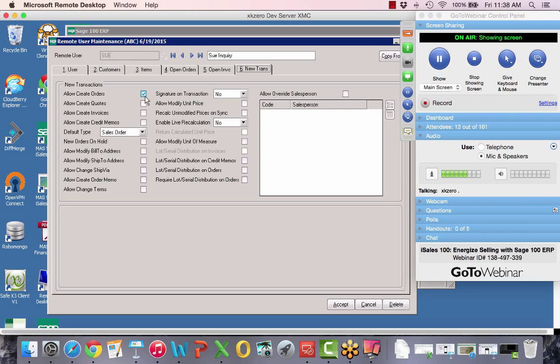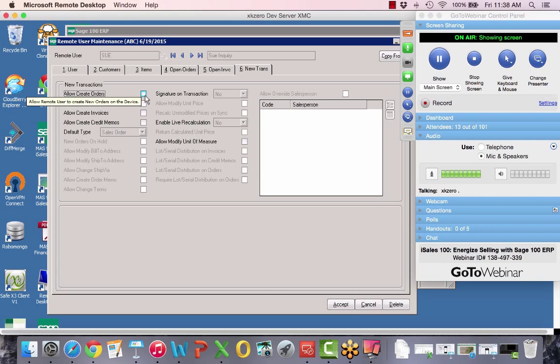And then over on new transactions here, I'm turning off allowing create orders. So you'll see what happens here. Suddenly these are all grayed out because I'm turning this into an inquiry-only app. So I'm going to go ahead and save this. I'm going to return back to my iPhone